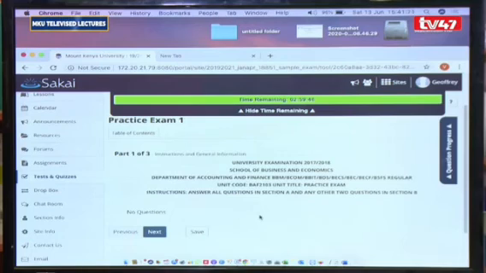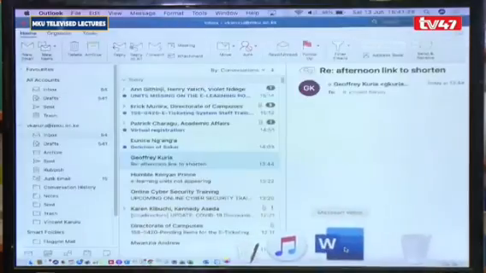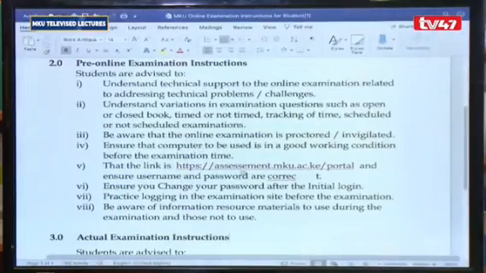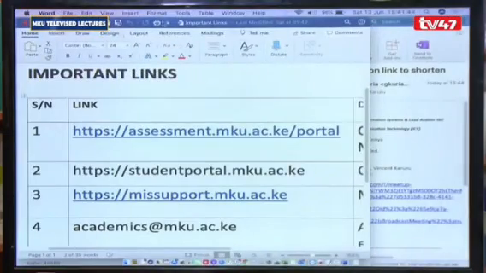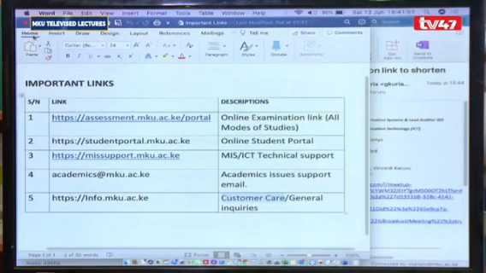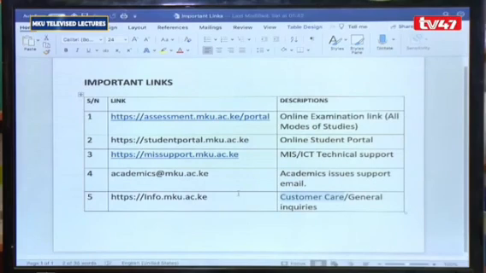Now, finally, as I complete, in case you encounter any problem, remember we have our student support line. For example, from the student portal, you can send. We have those links here. Let me share with them. For the student portal, you can log in and send your query from there. We also have an email for academics where you can send academic issues, especially if you encounter a problem during the time of exams. We have info for general inquiries and customer care. We have MIS support for technical support, and we have the link assessment.mku.ac.ke, the first one, where all